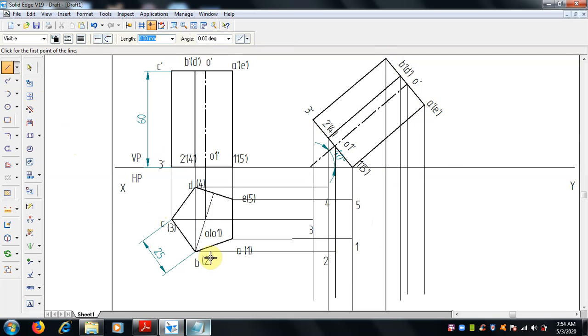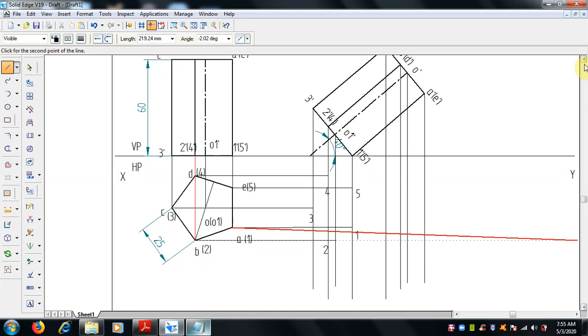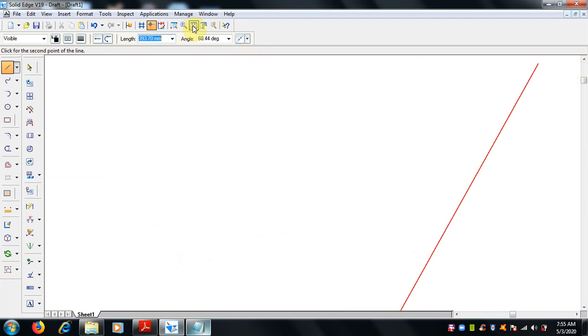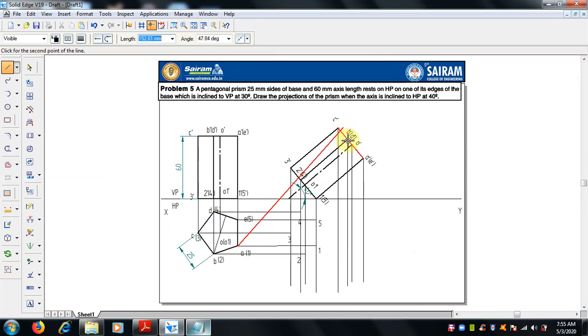Draw the projector lines. From A, there it is here.